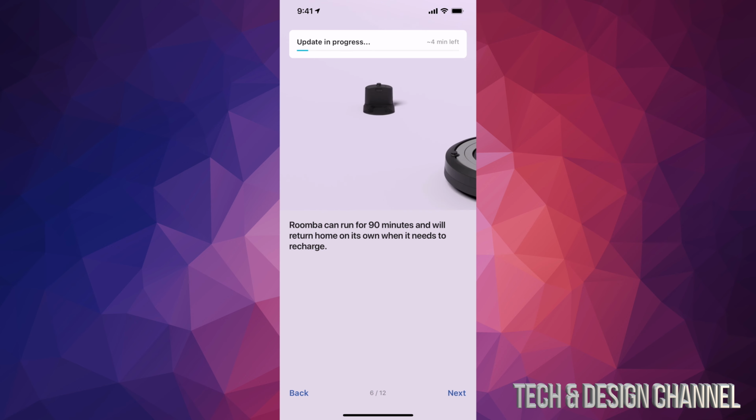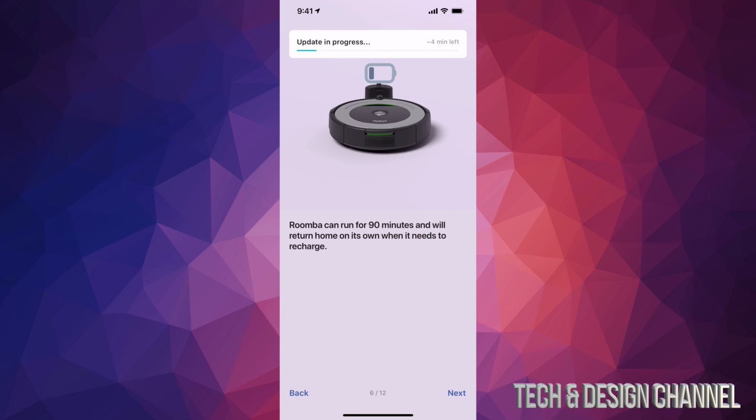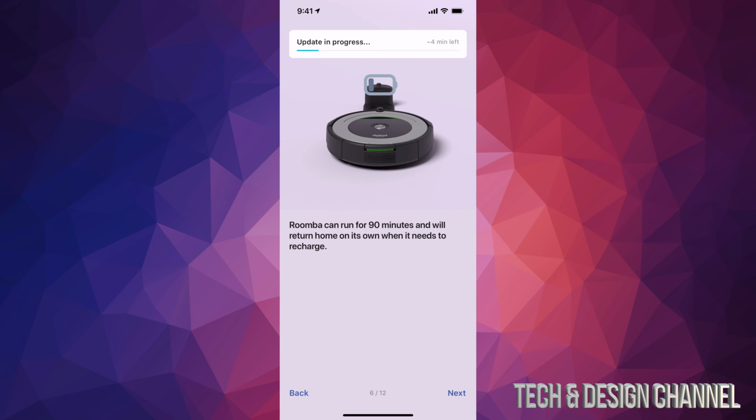One more thing, your charger. That should be placed somewhere that you don't have too much stuff around it. So just don't have it squished up in a corner where you have a bunch of other stuff around it. Just make sure there's some space for your Roomba robot to get back in there. So right now what we're gonna do is just press next